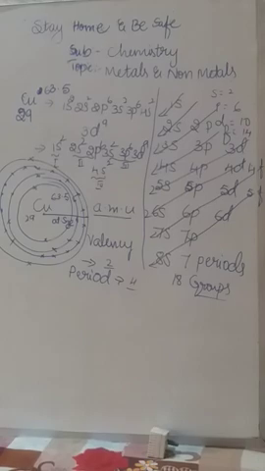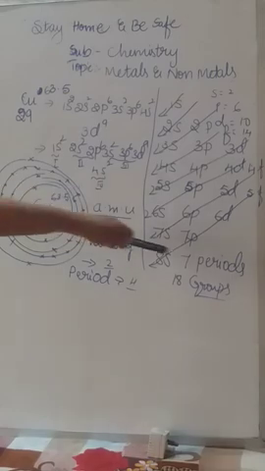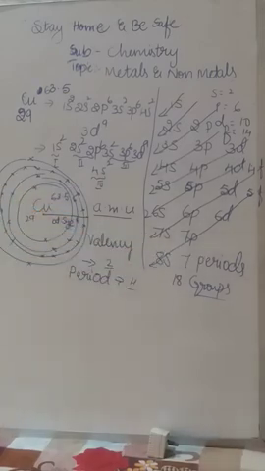Then I'll teach you how to identify the groups. Still, you have to remember how to write the electronic configuration, how to identify the valency, how to write the atomic structure, and how to identify the last period of the element. These are all the uses of electronic configuration. If we get to know the electronic configuration, there will be multiple uses.